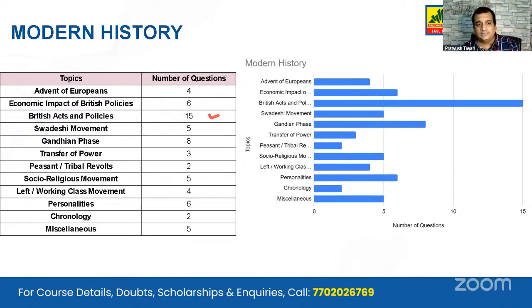But along with that, never forget Gandhi is very important. The movements of Gandhi, Gandhi himself; there can be questions asked on Gandhi in South Africa. There will be questions asked on the non-cooperation movement, the Quit India movement, and all the other things. The personalities are also very important. We have got questions from there. Okay, but yes, again, the Gandhian phase and the economic impact, mainly the policies, whatever were there during the British period, that has been the one.